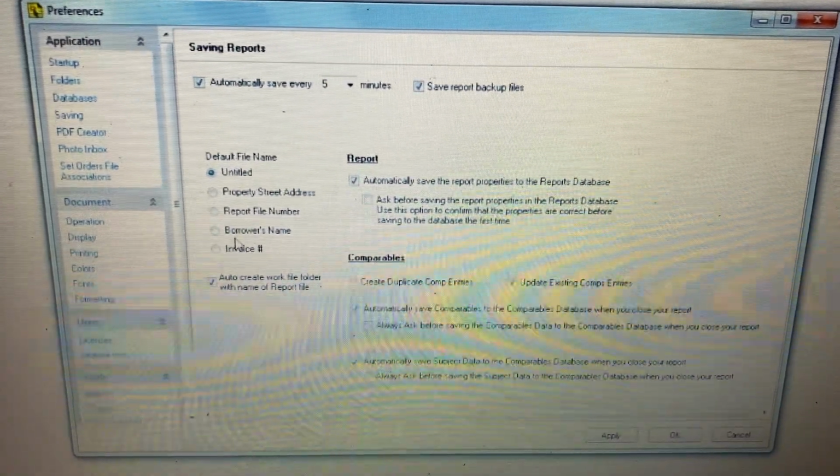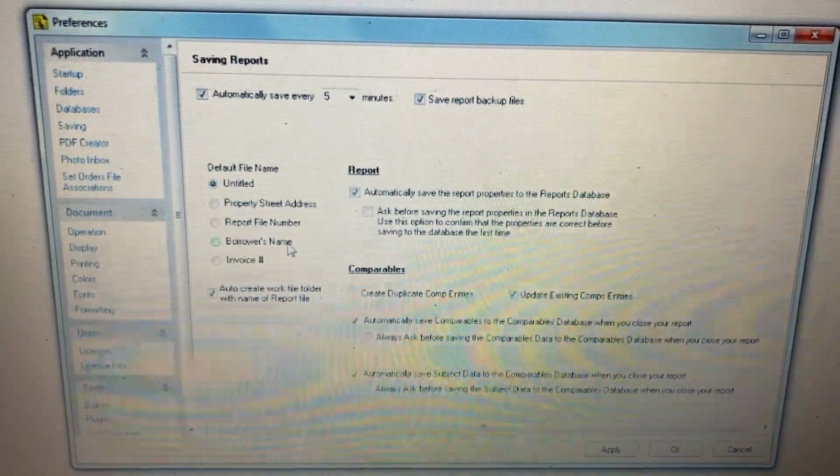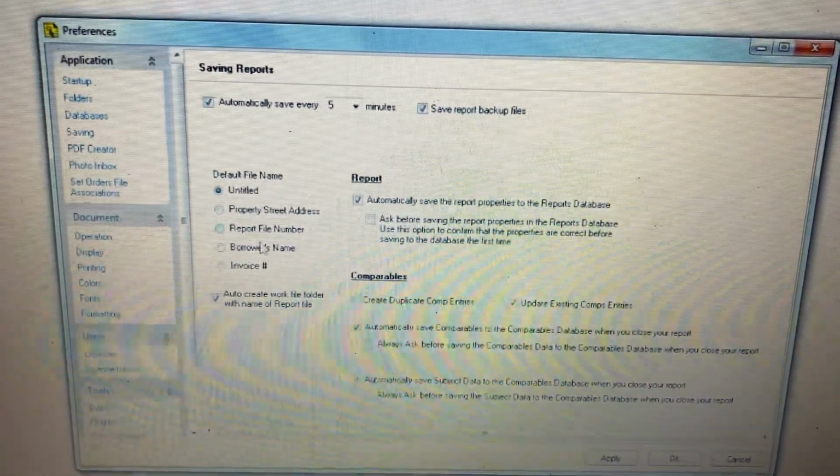I don't think I've ever seen any set to borrower's name. I'm much more likely to see street address or file number, but we had